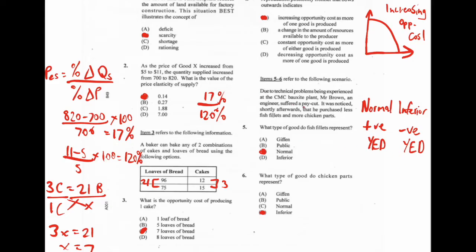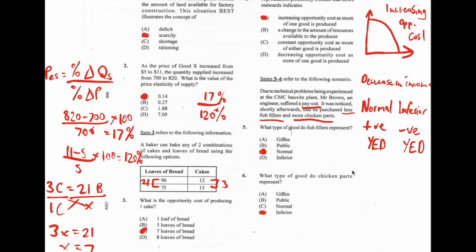So, as we can see right here, Mr. Brown is taking a pay cut. So that means he has a decrease in income. Right? So, for a normal good, there needs to also be a corresponding decrease in quantity demanded. And we can see that this would be the normal good because it says it's less fish fillets. So as he decreases in income, he decreases his consumption of fish fillets. And chicken parts, the inverse. As his income decreases, he purchases more chicken parts. So there's an inverse or negative relationship between income and quantity demanded, which shows that yes, D is the answer